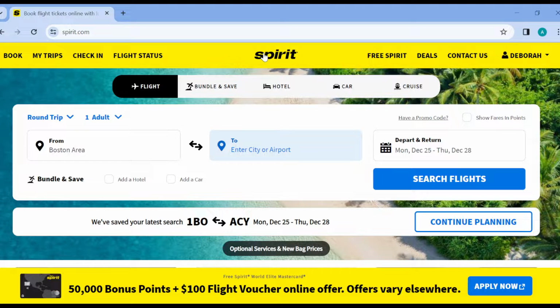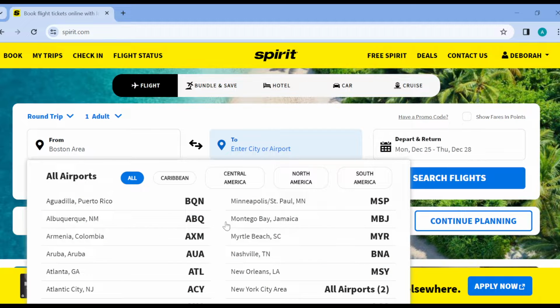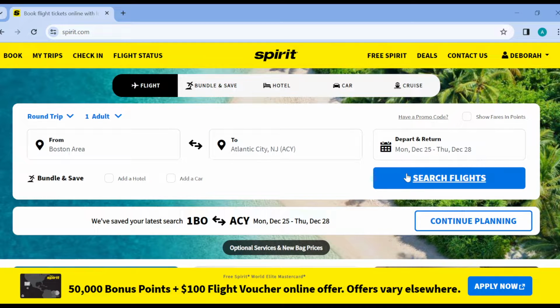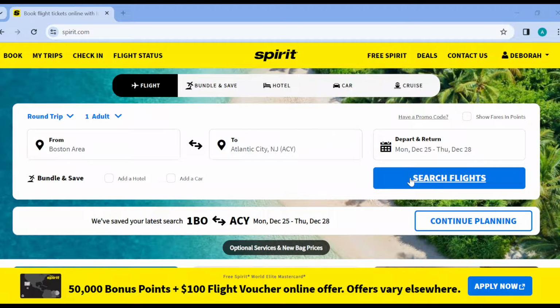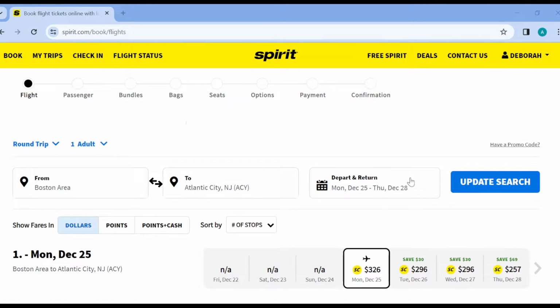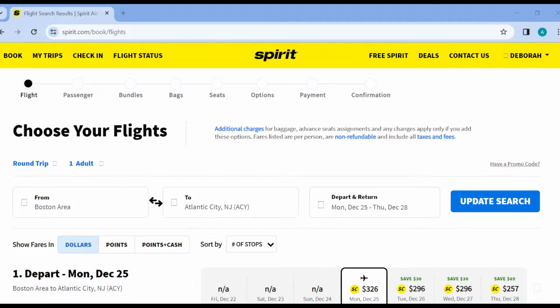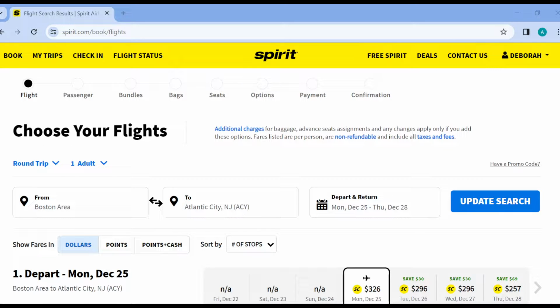Now the first way is through your booking process. While you are booking, you can select how you want to receive notifications about the flight. And how do you do this? By booking a flight and then selecting where you're heading from or where you're going to, and by clicking on search flight. Then once you click on search flight, you'll be directed to the first stage of the flight booking